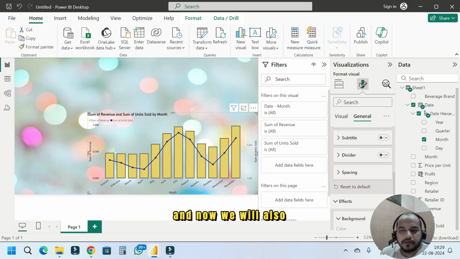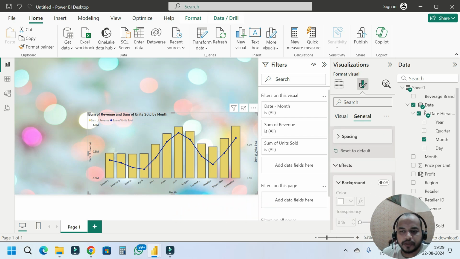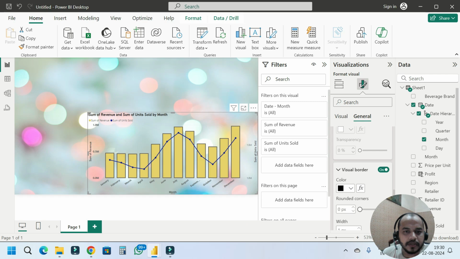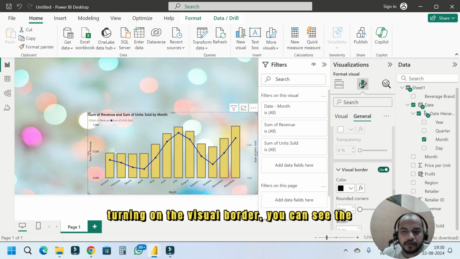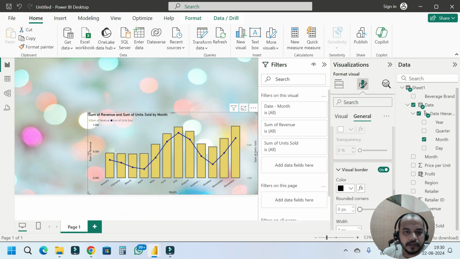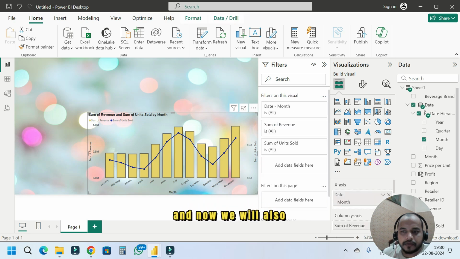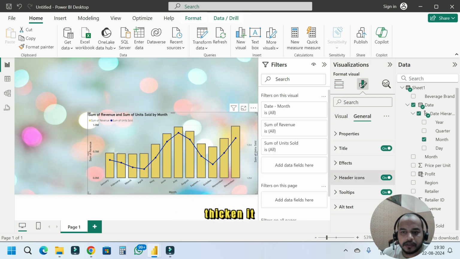And now we will also turn on the background visual border. So you can see after turning on the visual border, you can see the border of the chart, this one. And now we will also thicken it,